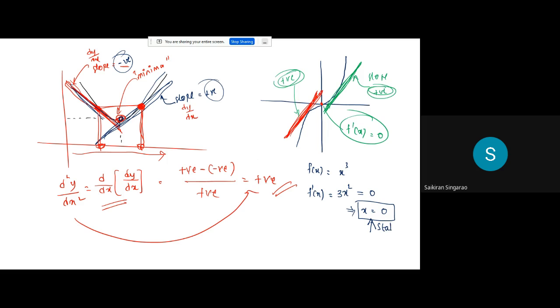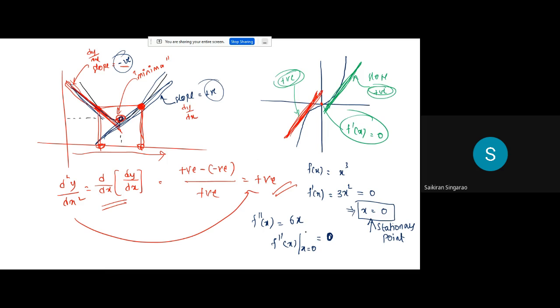This is called as stationary point. Why is it called as stationary point? Because at this point x equal to 0, f dash of x is 0, which means the slope is 0 there. Now see, what I will do? I will do double derivative of x. If I do double derivative of x, what am I getting? 6x. 3x square differentiation is 6x. Now if I do double derivative, check at x equal to 0, what I am getting? I am getting 0. So if your double derivative becomes 0, then what I have to do is like this.